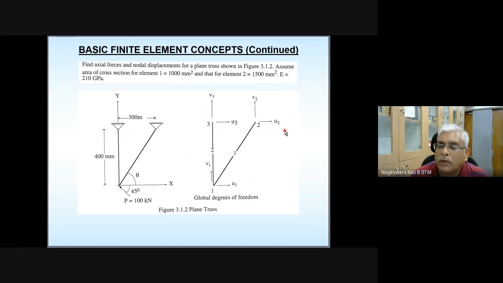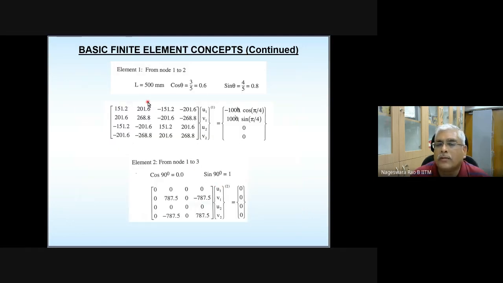So finally, I'm going to get a global or reduced equation system having 2 by 2 because this is a plain truss problem. And how can I directly get that reduced equation system? Because for both these elements, this is local node 1. So you just see this portion, you need to focus on this portion. Local node 1 contribution in element 1 will be here, and local node 1 contribution in this one is going to be here in this location.